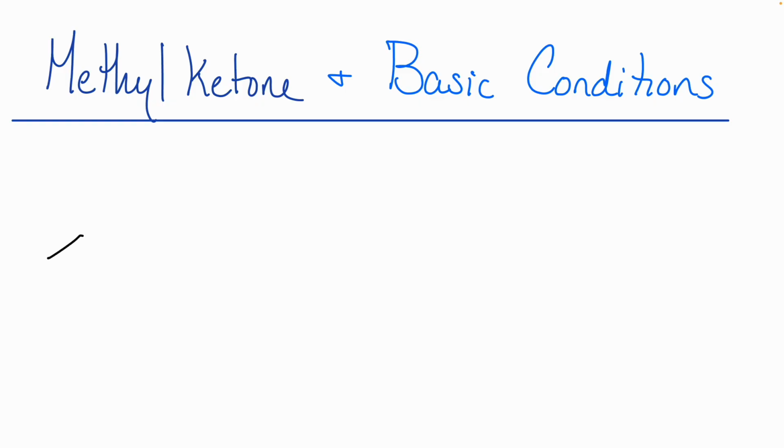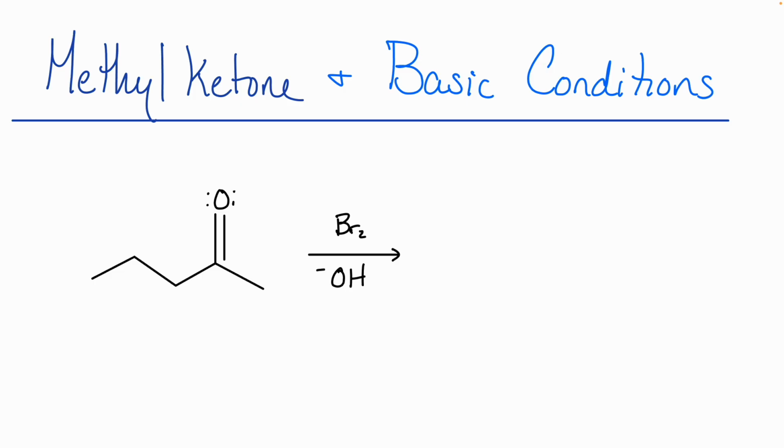First of all, by a methyl ketone, I mean a ketone where one of those alkyl groups bonded to that carbonyl carbon is a methyl group. So on one side, I just have the one carbon. If we treat this with bromine in the presence of a base,